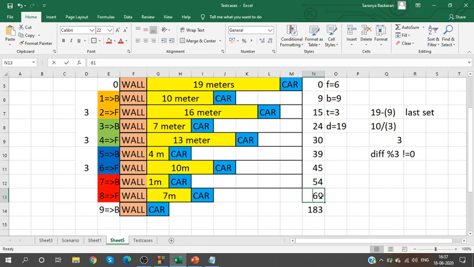Plus 6 will give us 60. After the 60, we'll move by 7 meters. So 67. Yes. Backward 54. Then I moved forward, so add that 6 meters. Then I'll move backward by 7 meters. So 67. So your answer will be 67 into 3. What is 67 into 3? 201. So we get the right answer. Is it clear? Okay. So the only thing is, if the difference is not divisible, you will have one extra pair.